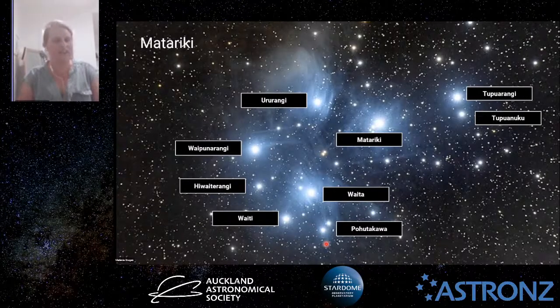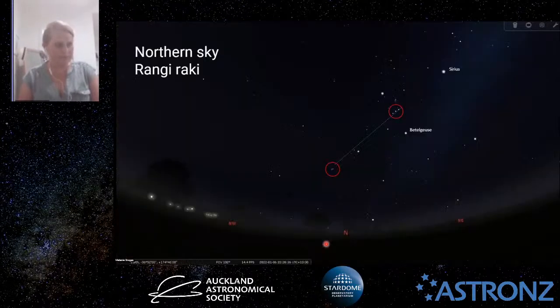But of course, they've got names that we use in astronomy, and then also their names in te reo, and each of these was said to be a god or goddess of a particular important part of everyday life. Okay, so that's Matariki, the Seven Sisters over there, but halfway in between Matariki and the shoulder of Orion here,